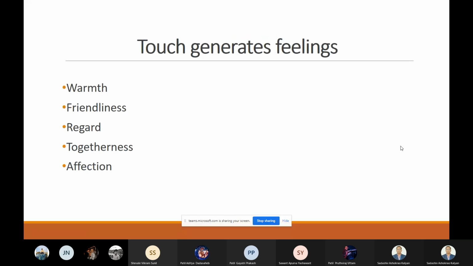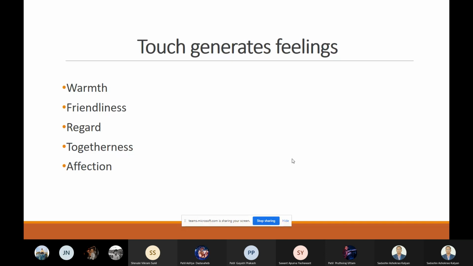Okay. So these various kinds of feelings include one kind of warmth, and the respect that we give to our elders. Then, at the same time, one kind of togetherness. Whenever we work in any company, how we work in unity can be shown